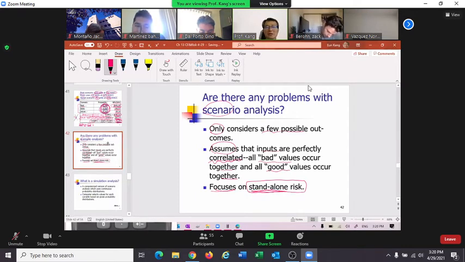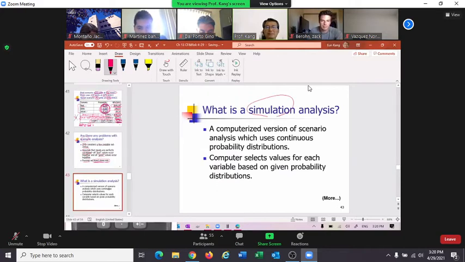So, but this disadvantage is the same with sensitivity analysis and Monte Carlo analysis. That is what? Simulation analysis. Monte Carlo simulation, right? So simulation is nothing more than scenario analysis. But the difference is what? It is a computerized version. So you use a computer to run scenario analysis thousands of times,